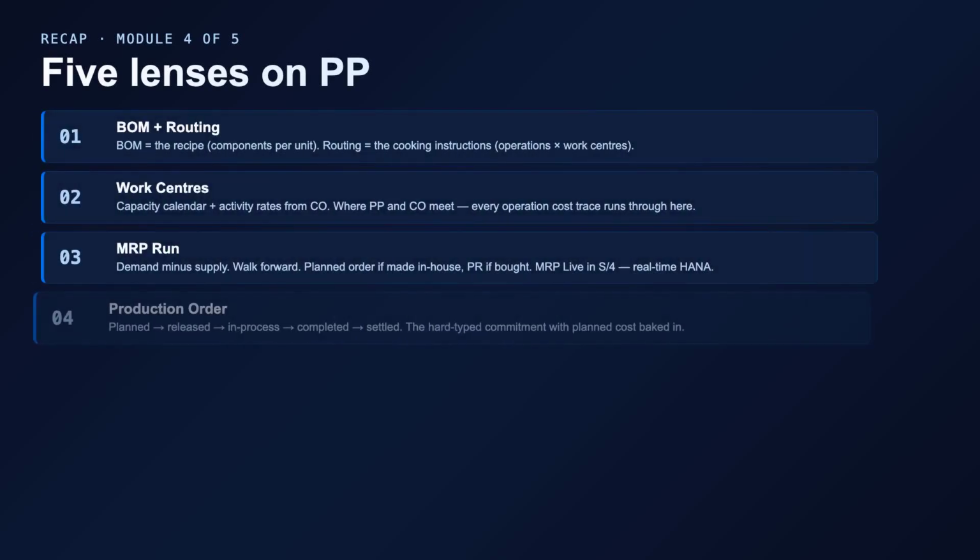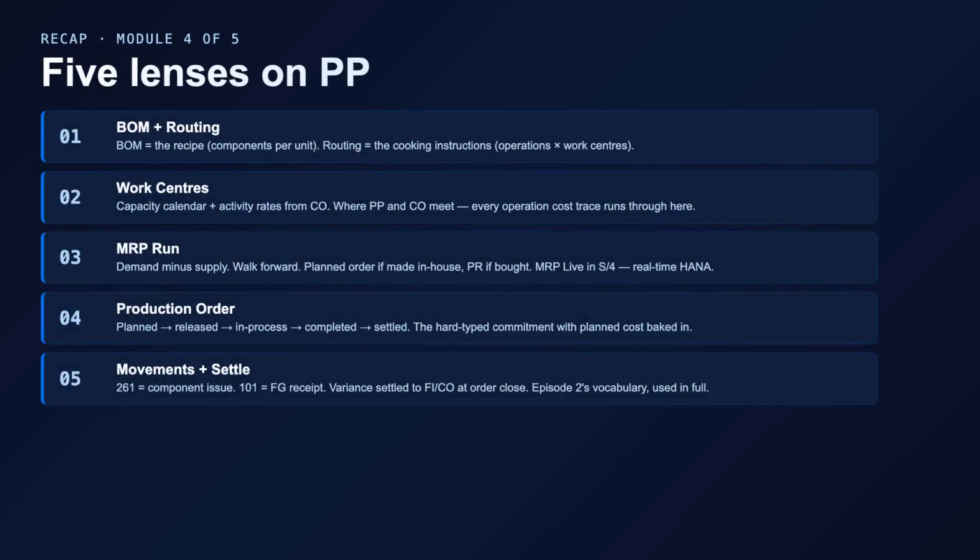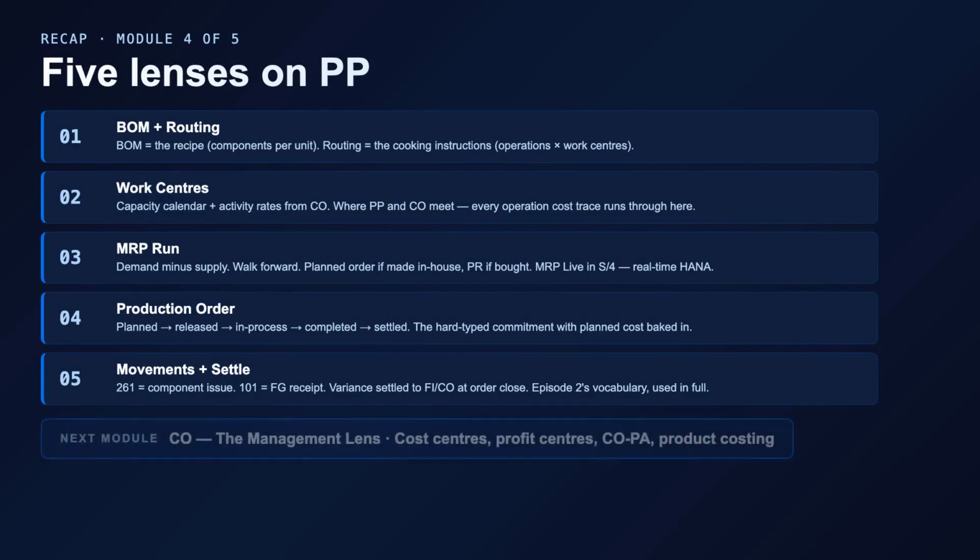Production planning, in 5 lenses. Bills of materials plus routings, the recipe and the cooking instructions paired together. Work centers, capacity calendar plus activity rates from controlling, where production planning and controlling meet. The MRP run, demand minus supply, walk forward, propose orders. MRP Live in